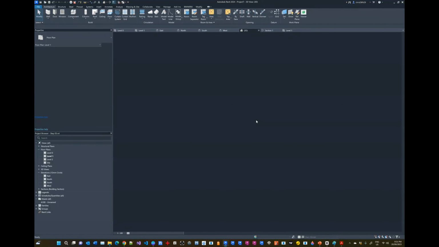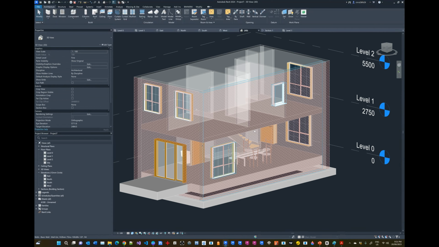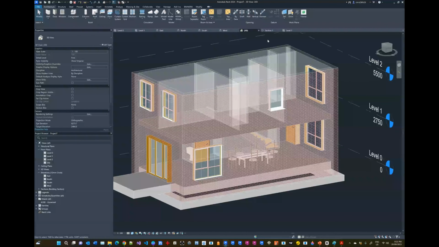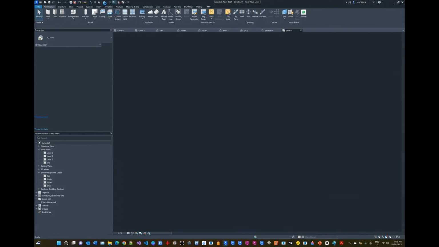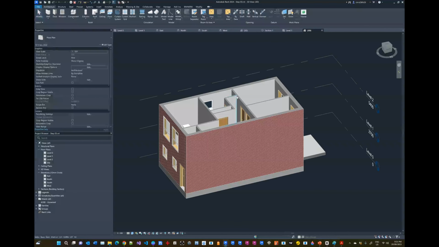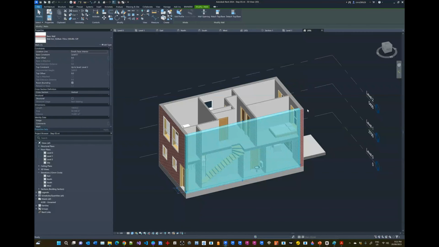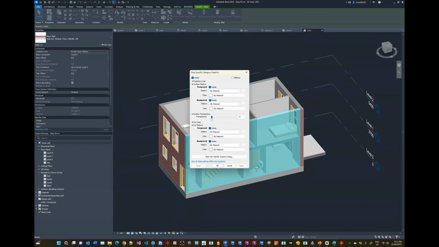There we go. So this is my model that I set up earlier. Oops, that's not the correct one. Let's go back here and let me select the 3D view for this model. So if we do the same thing, override the graphics by category, and we set this to something more transparent,